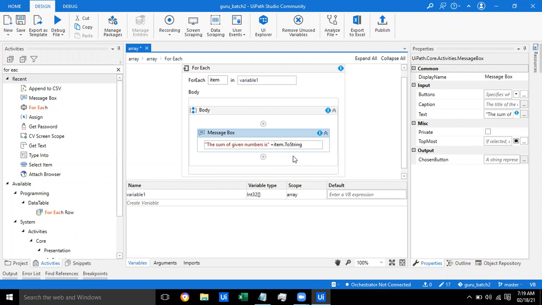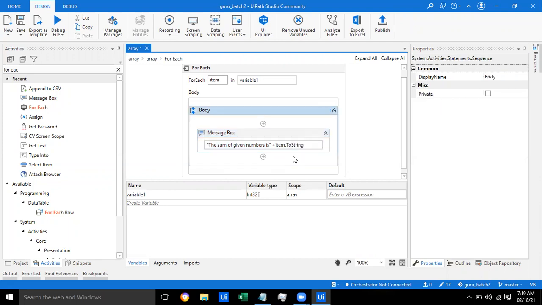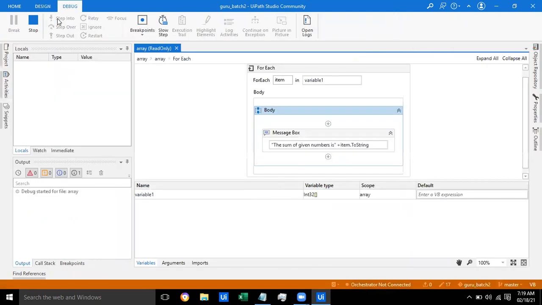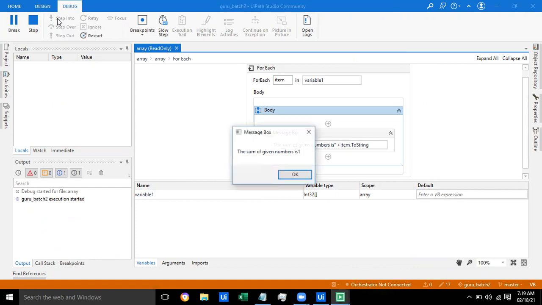Let's try that. I don't think it will add. You have to do some other operations. Yeah, the same, it will be displayed.